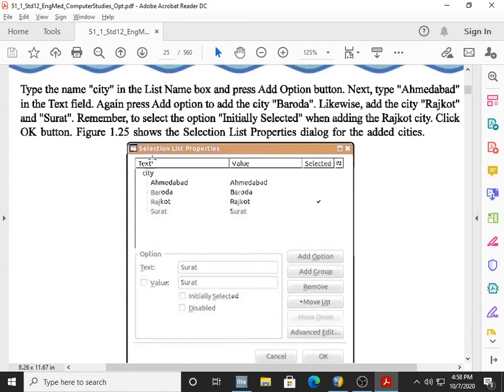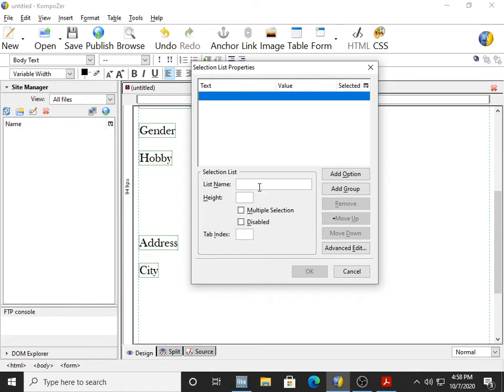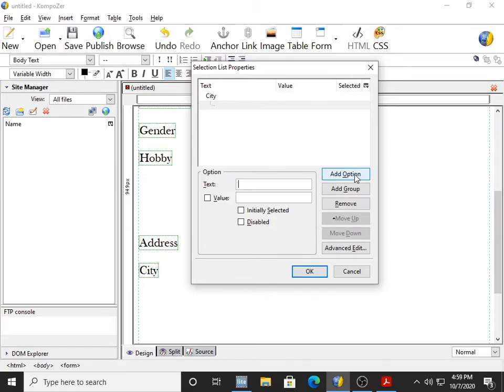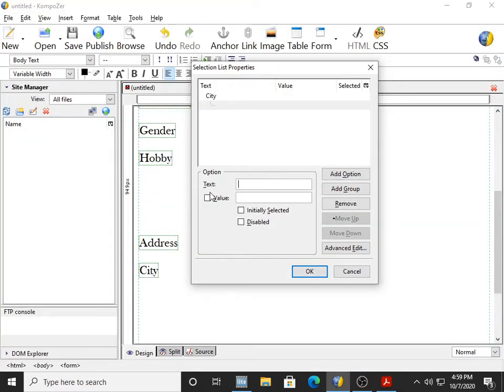And here we have to provide the information. Type the name city in the field name box and press the add option button. So we type city in the list name box and then we click on add option. Now next type Ahmedabad in the text field. See, this is text.